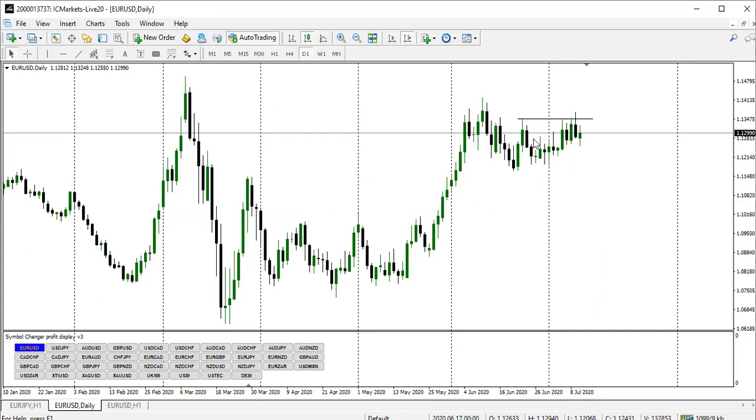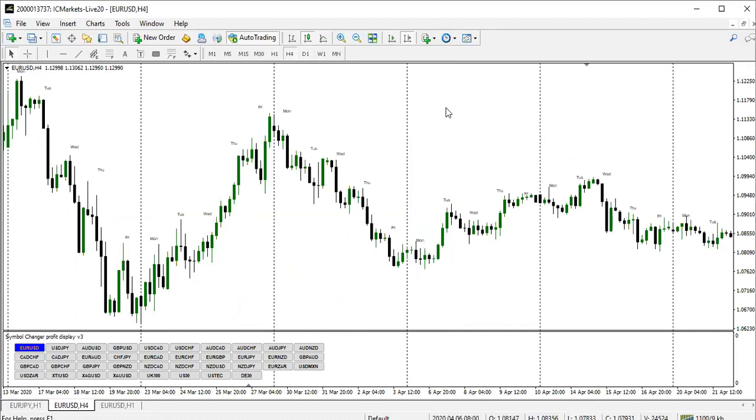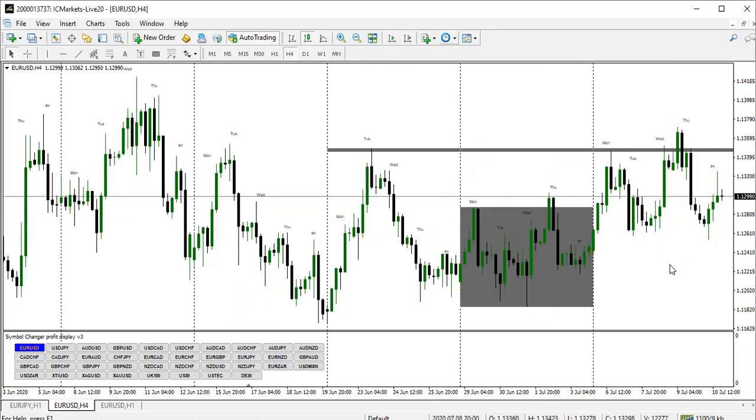This is on the daily time frame. Then you can see this accumulation here. The market gave us the accumulation, then took out the high. We were actually expecting this, but nevertheless, this market is now bearish, so we can really expect this to happen. Then going to the 4 hour time frame, now with the 4 hour time frame, we can see that there is a structure break here.